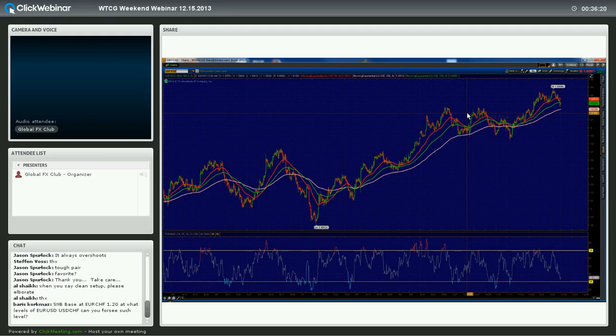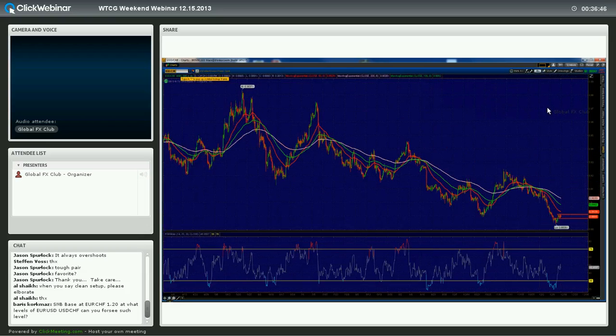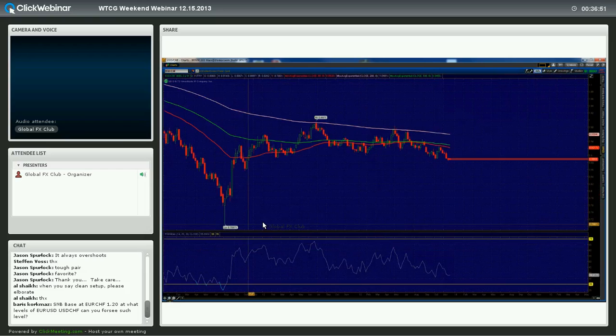It's a good question. So the SNB is right protecting 120 on Euro Swiss. This is Euro Swiss. The only trade on Euro Swiss that I can see is if we manage to break above this trend line. To get Euro Swiss down to 120, I think we would need to see dollar Swiss below. Hold on, let me jump out to the weekly chart and see where we are. So this is where dollar Swiss was the last time Euro Swiss was below 120. This is the intervention candle, okay,